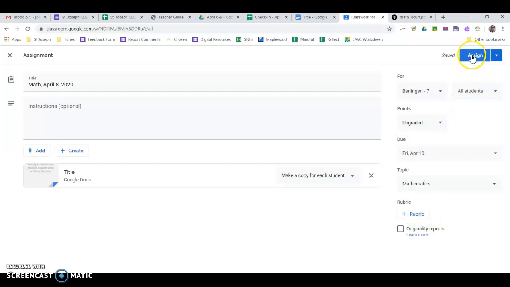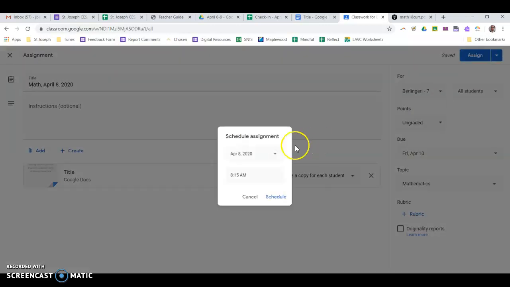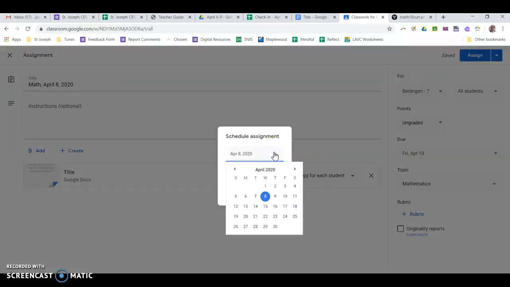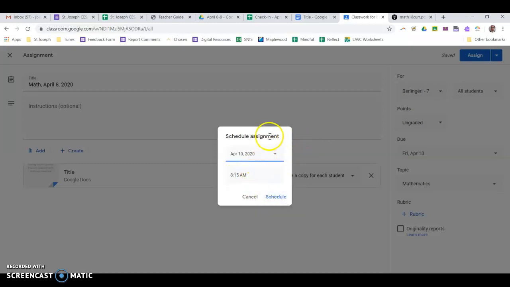If I want this to go live right now, I click assign, but the magic, ladies and gentlemen, is in this little drop down. So this schedule button is a beautiful thing, and I've been using it a lot in this short week. So what I do under this schedule button is I also pick a date, and let's say I want this to pop up Friday at 8:59 a.m. There it is, and I click schedule, and this assignment will be scheduled so that it appears to students Friday